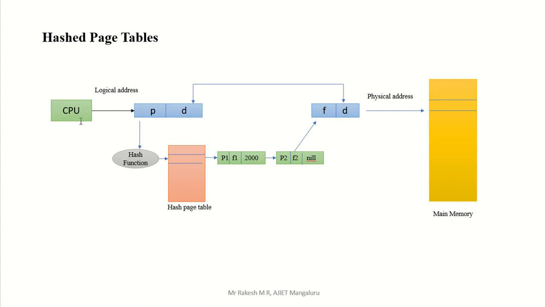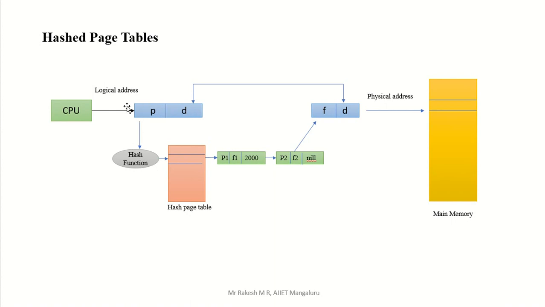Okay, the CPU will demand or request a particular page that is there in your logical address. This logical address will contain the page number and the page size, which is called your offset value. Okay, P and D. Now here we have P, right? That page number is sent to the page table.